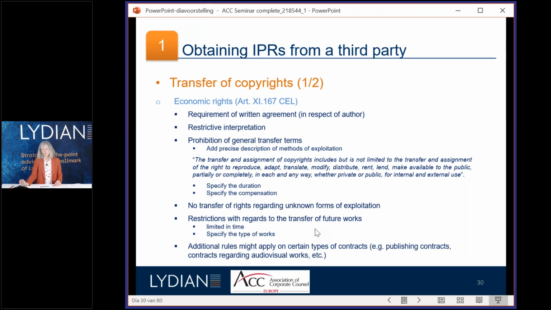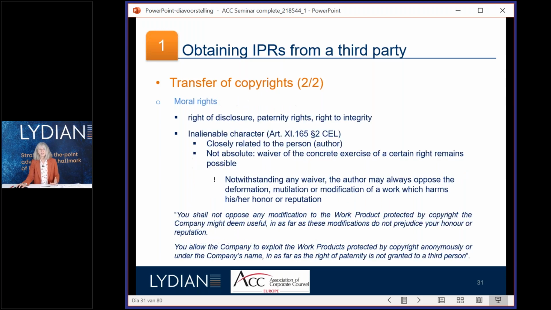But of course, there is also something specific for audiovisual work, which has a specific approach. And for instance, it's very different from Anglo-Saxon countries like the UK, where you can usually have a clause that just provides, okay, I transfer here all the IP rights to the other party, or I license all the IP rights, but it won't work in Belgium or in France. And also these relate to the economic rights, so the right of exploitation. But then you have to take into consideration the difference between the European countries regarding the moral rights.